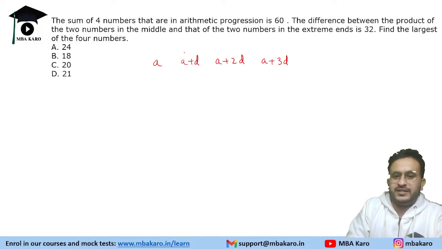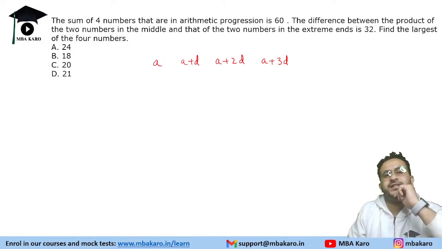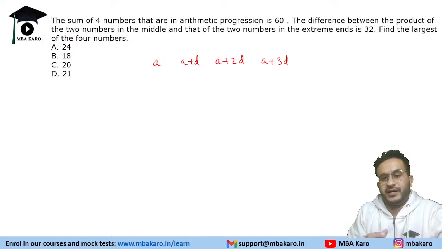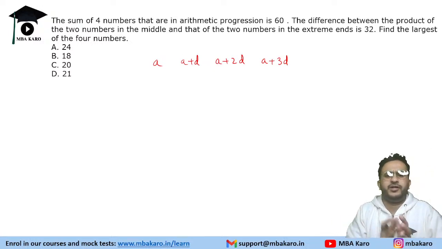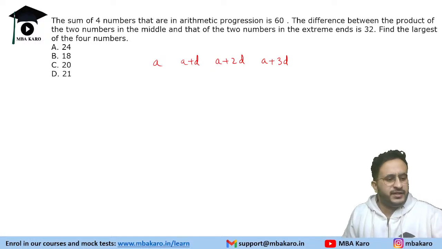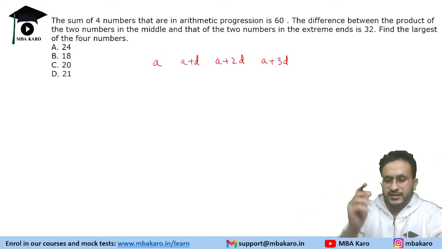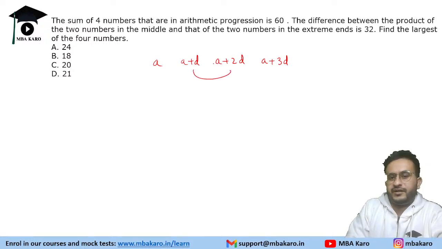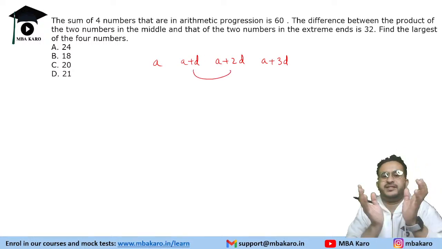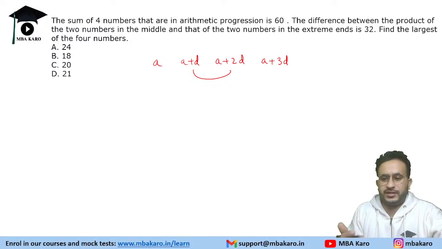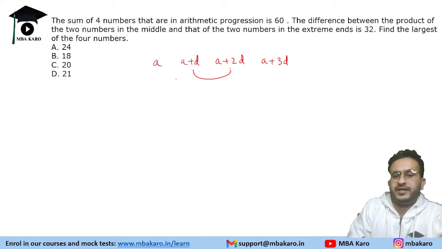So these are the logic: which number will be higher. Some numerical logic to understand it, in case you happen to prepare for CAT next year. Especially in DILR, you should know such logical things, that their product will be higher. ठीक है, जो सेंट्रल जितने क्लोज नंबर होते हैं उनका प्रोडक्ट उतना ज्यादा होता है. So this will have the higher product. So basically it is a plus d into